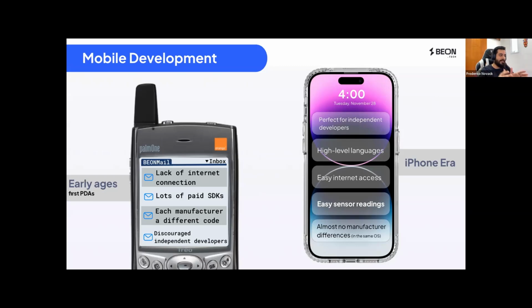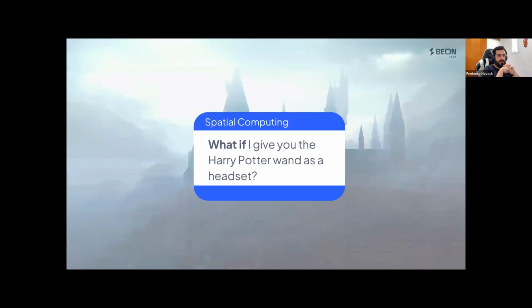It doesn't give us the headache the early ages used to give us. Okay, so there are three mobile eras: the early ages and the iPhone era, which we just talked about. And now I'll present to you guys the third era, the spatial computing era. Okay, and the best phrase that